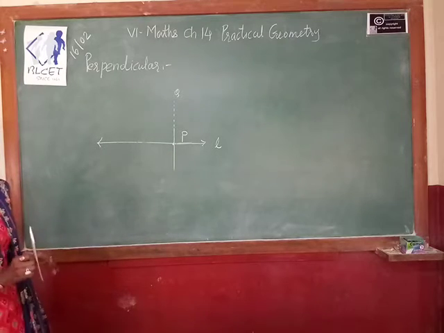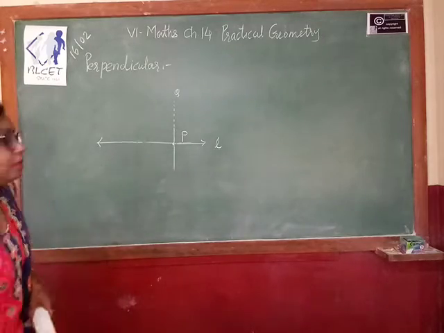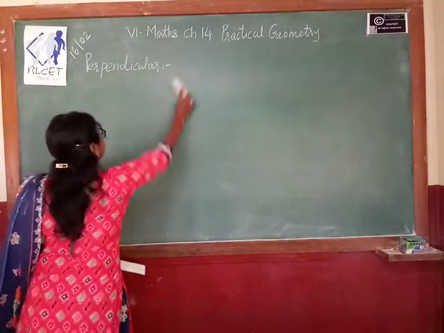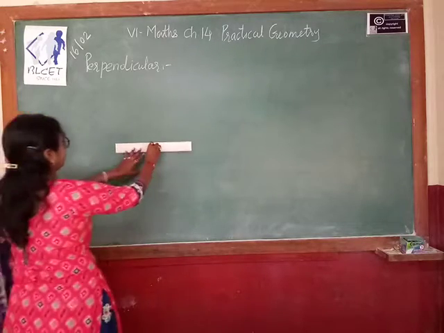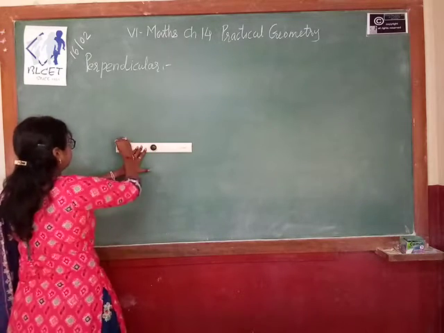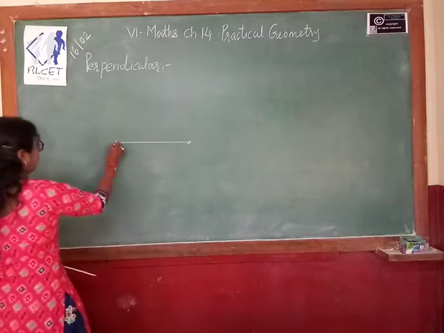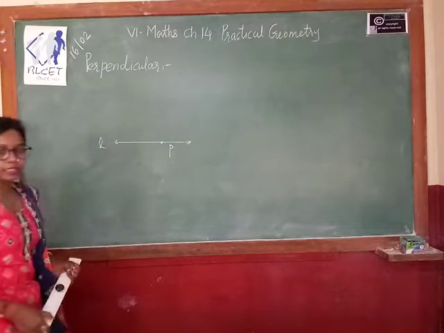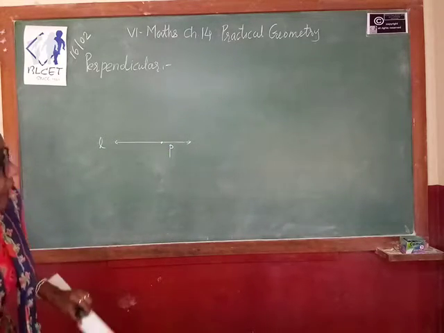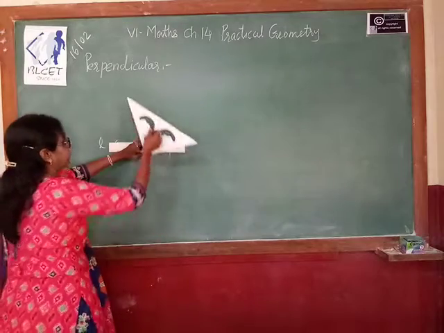Again I am repeating how you can draw this. Again I will draw and explain. Those who have still not got it, just understand it once again. Draw the line L, and any point P on the line L. Then take your ruler and keep the ruler fixed over here. You will not change it.